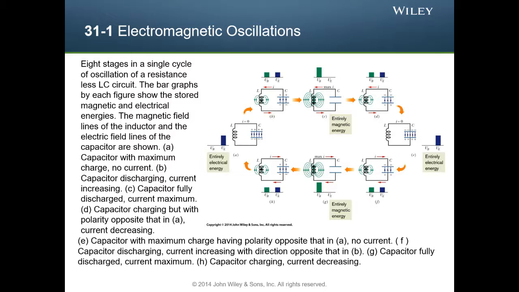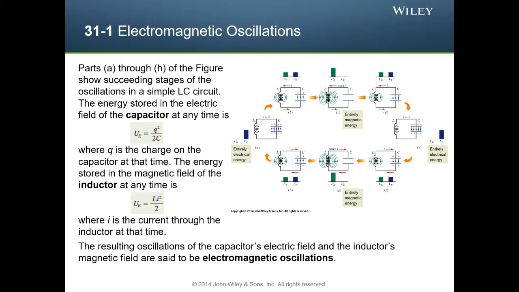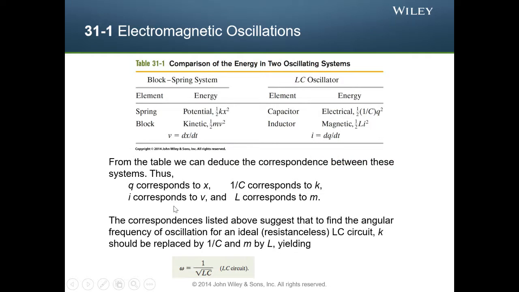This is the LC, the energy stored in the electric field and magnetic field. And here it mentioned the LC oscillation circuit. It is nothing but